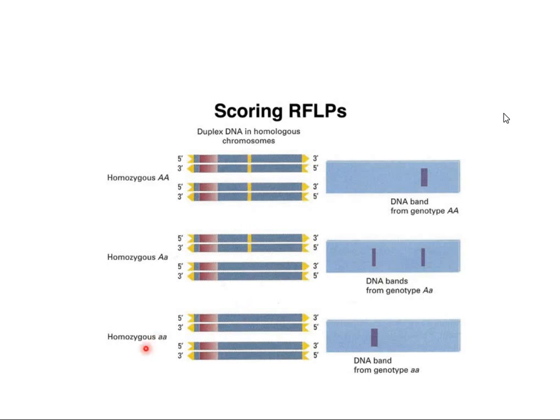If it is small a, small a, then it will not be digested. And if it is heterozygous, this is wrongly written as homozygous, it is heterozygous, that is capital A, small a. In one allele it will be digested, and in the other it will not. Then you do the PCR, amplify the region of your interest that you need to analyze, digest it with restriction endonuclease, and then analyze it using gel electrophoresis. According to the band pattern that comes up, you can find out what SNP is present in a particular region.